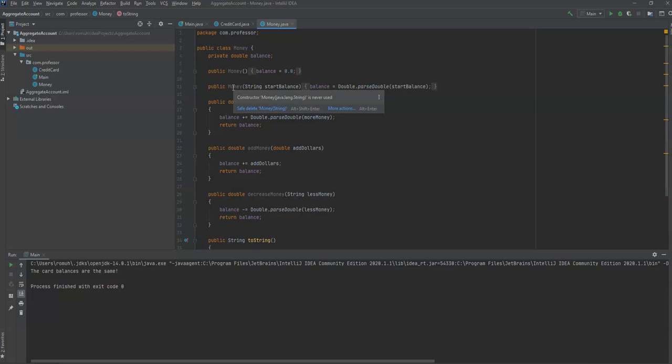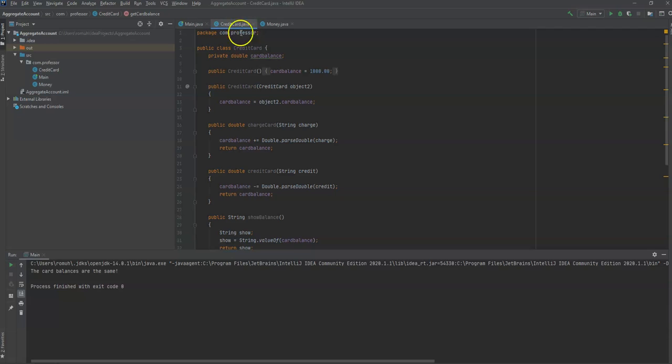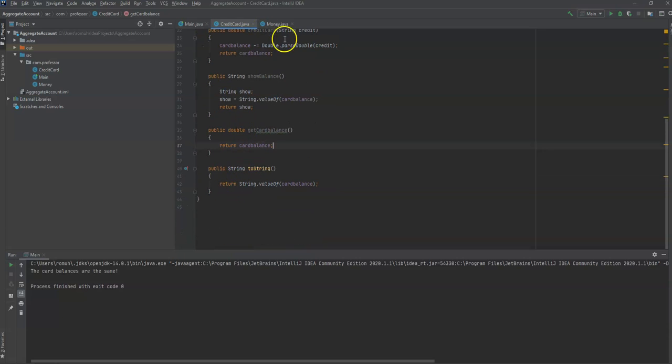If you think about it in real life, you have plenty of objects that are made of aggregates, like a car is made of a door, a windshield, windows, steering wheel, tires, etc. So we're going to make these two independent classes into one whole class that the user can still operate on and manipulate. We're going to use the toString methods that we already built into the credit card class and also the money class to print out what exactly the status is of these